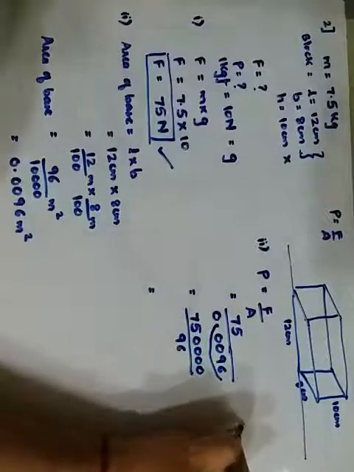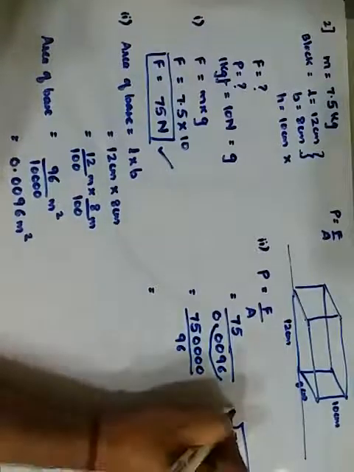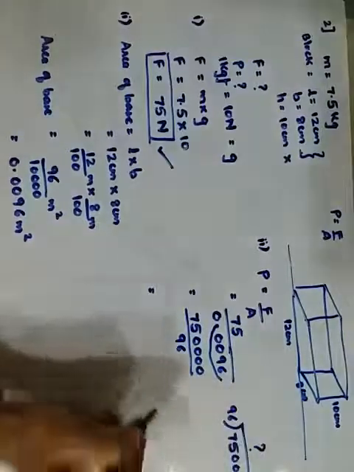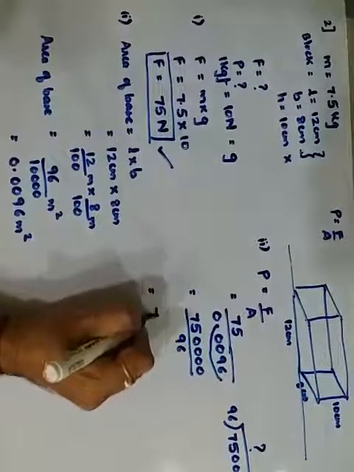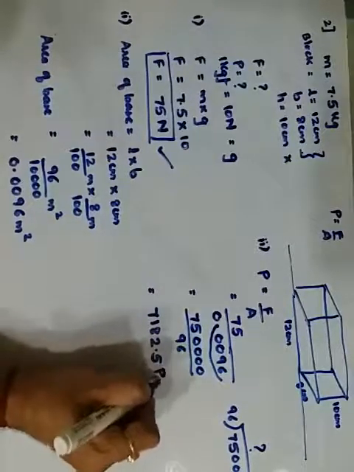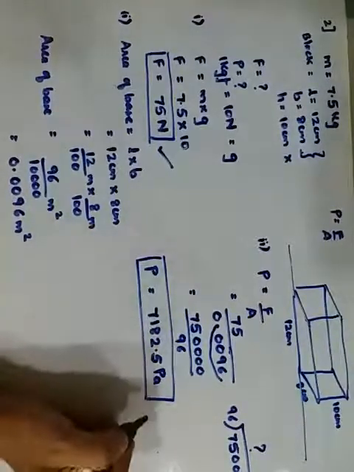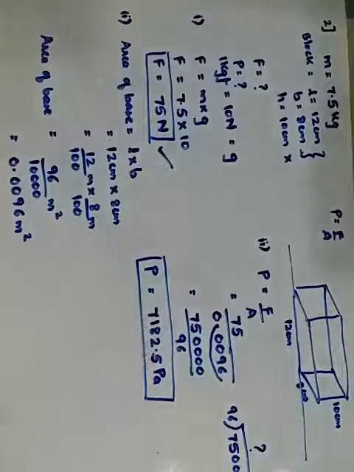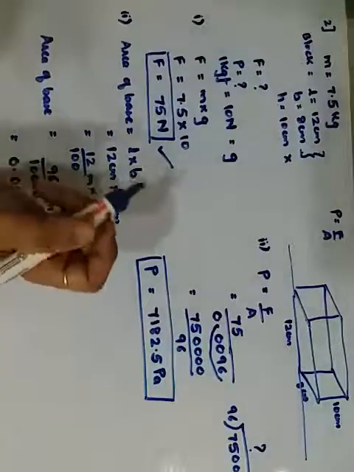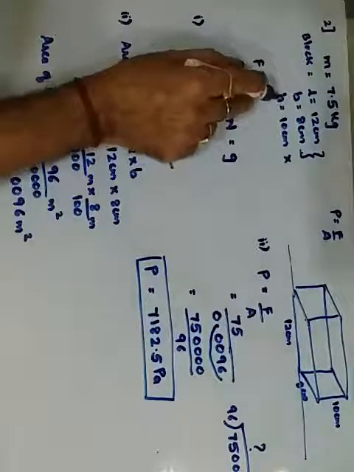Now go for the division part separately, in which 750000 will be there and we will divide by 96. You are going to get an answer which is 7812.5. Since it is pressure, it is given in pascals. Therefore the pressure exerted by the block on the wood or on the table is 7812.5 pascals. Getting it? So this was your second numerical, just the conversion of centimeter into meters and which surface is applicable.